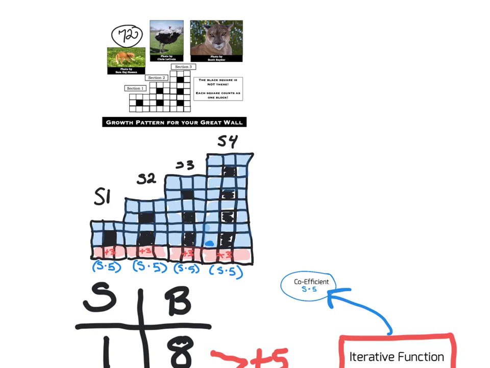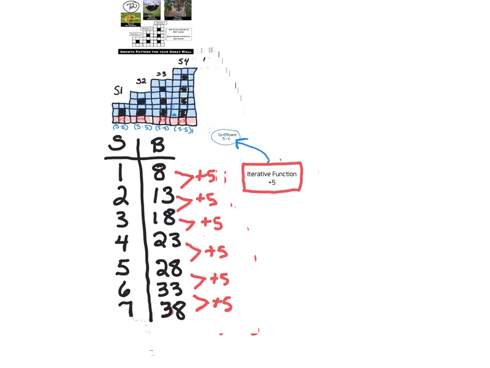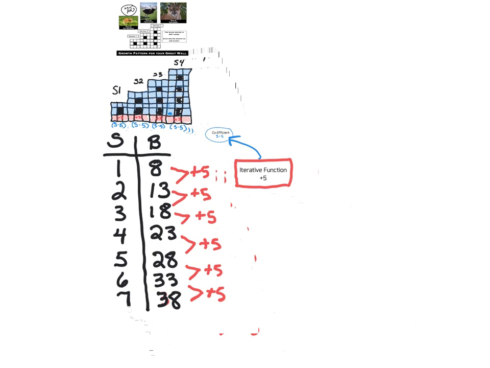I love this part. We started off by creating our growth pattern, and we used the first three sections and followed that pattern to create our fourth section. Then we moved on and created a T-chart to discover how many blocks were needed for each section. And then we discovered our iterative function and used that to solve for the seventh figure, and that would need